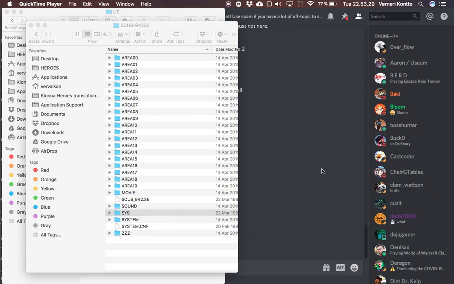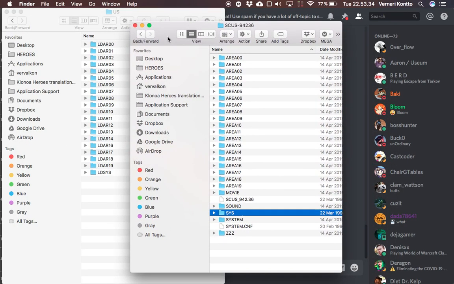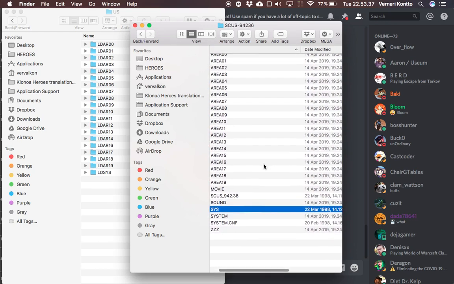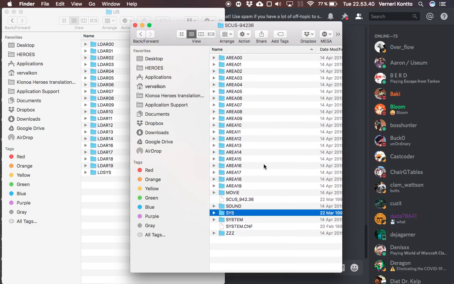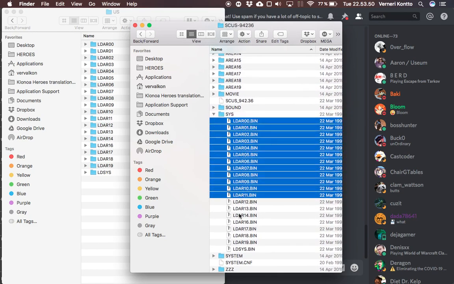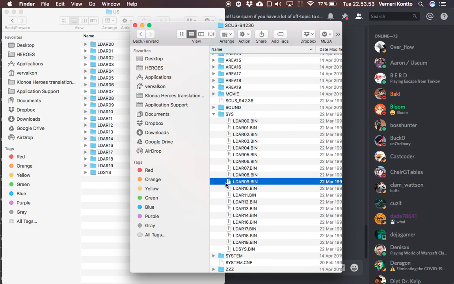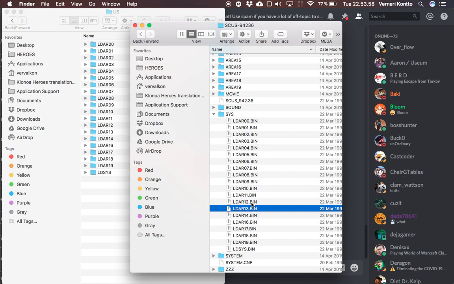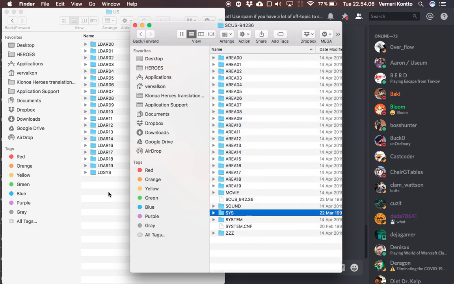So, LDAR files, how do they work? You might have already seen in the retail version SCUS 94236, there's a folder called sys, and inside it there are these LDAR files. Now, the best we know is that LDAR stands for load area, but I think it should stand for load area resources or something. But nonetheless, you might have already seen my